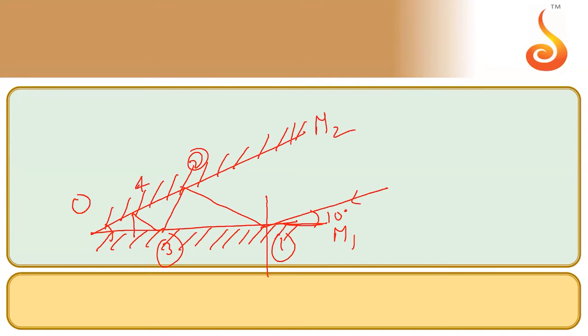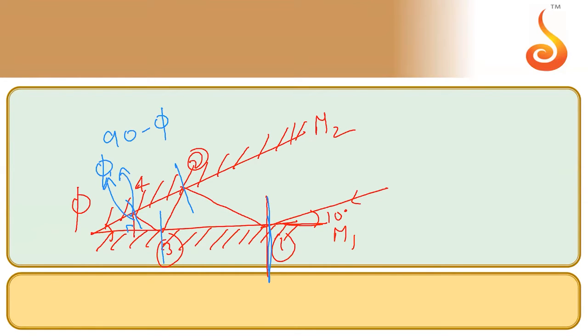This angle, let me call it as phi. Please check. If this angle is phi, I will change my pen color. This angle is 90. So how much is this angle from triangle properties? 90 minus phi. Also, there is a reflection here, so I will draw normal here, and here. I have already drawn normal here. If this is 90 minus phi, my dear friends, I hope all of you understand that this angle in that case becomes equal to phi, because that is the angle between the normal and the mirror.